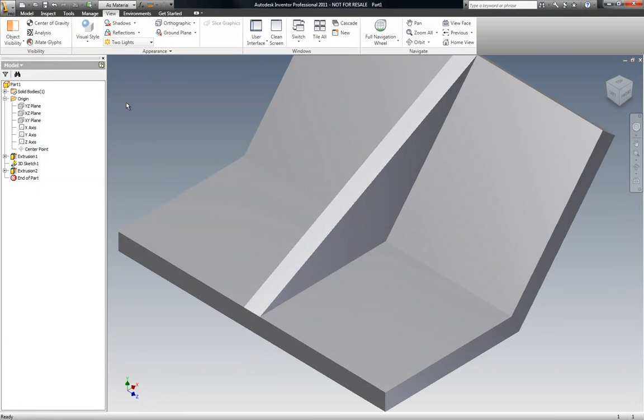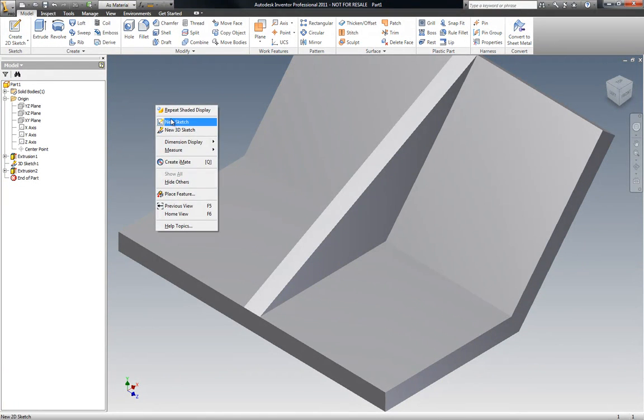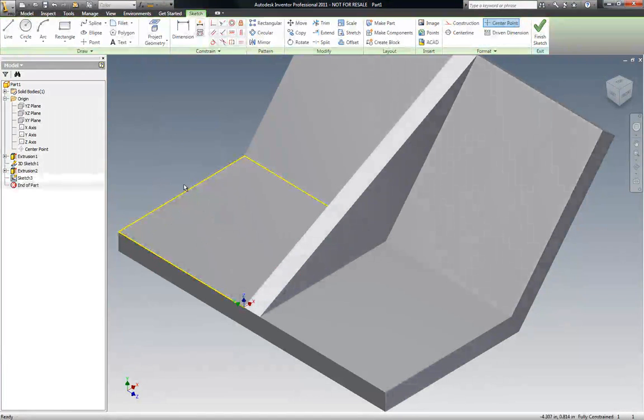I'm going to do our holes in the new way that I want you to start doing these, and that's going to be right-click, New Sketch. Okay. Pick that point there. I'm going to go up here to the center point right there in the draw. I'm going to pick a point. And if I come over here and find the midpoint, possibly, there it is right there, and I think that's about where I want to be, I'm going to come off here and go like that, and go like that, okay? And then I'm going to dimension these,